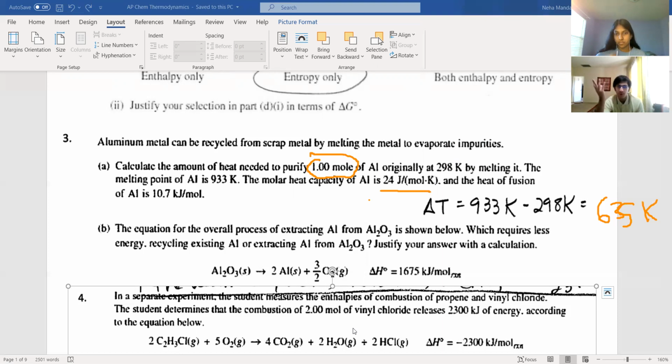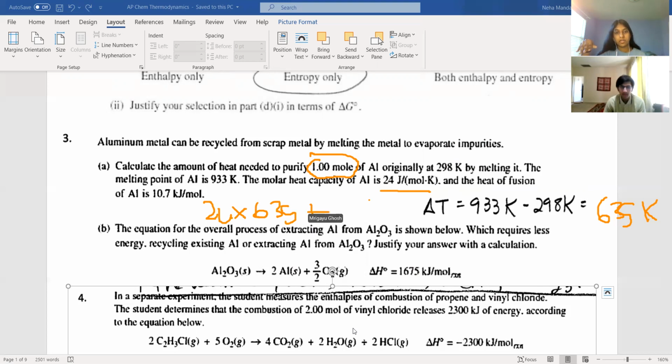So we're starting with solid aluminum and we're melting it, right? The heat of fusion is specifically what's required to melt it, but the change in temperature is a separate thing from the fusion one. So you need both. Okay. So we have the 1 mole times 24 times 635, and then you have to add that to 1 mole times,